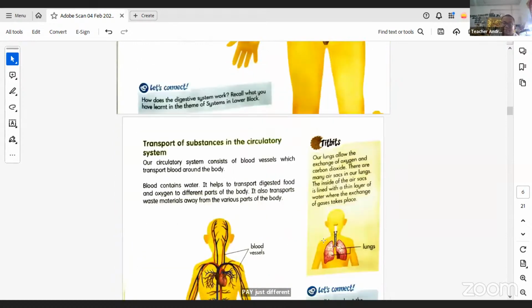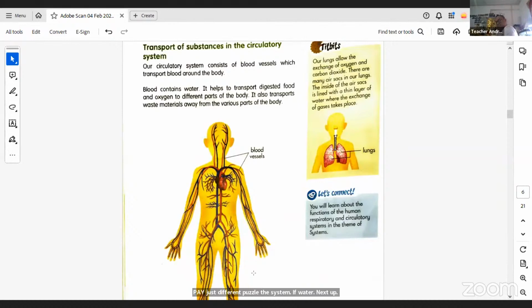Next up, our blood. Our circulatory system consists of blood vessels that transport blood around the body. Blood contains water. That's why it can flow. It helps to transport the digested food and oxygen to different parts of the body and transport waste material away from the body. All these blood vessels contain water. If there's no water, the blood will not be able to move. See,